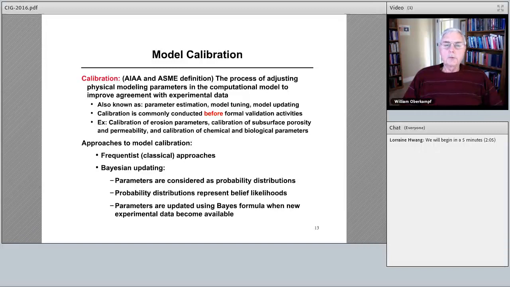It is a particular process to adjust, you could call it free parameters. In fact, some parameters do not exist outside of the complete mathematical model. Many parameters exist separate from your mathematical model, and those you try to determine independent from the mathematical model. And I don't have a lot of time to go into that, when you can determine them independently, when you can determine whether they are fundamentally part of the mathematical model. It's also known as parameter estimation or model tuning or model updating. That's what the Bayesians call it, and that's fine. But I'll usually refer to it as calibration.